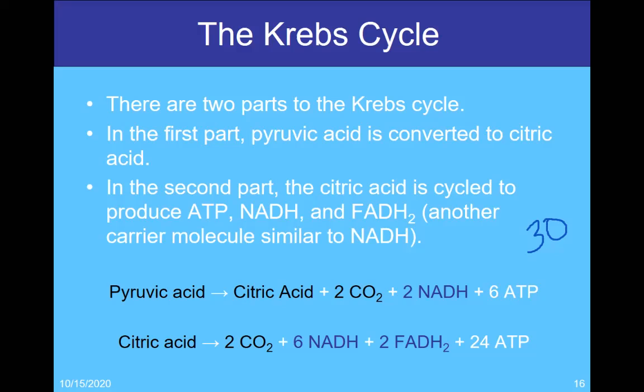Do you guys remember how many we produced in glycolysis? Yeah, 2. And fermentation doesn't produce any ATP. So if you think about that, if you stay out in the cytoplasm and do not have the oxygen to come in here, you're going to only get 2 ATP. If you come into the Krebs cycle, which requires you to go into the mitochondria and have oxygen, now we've already increased that by a huge amount, adding 30 ATP, and we're still not quite done yet.